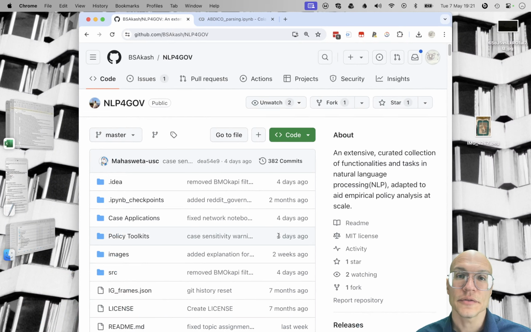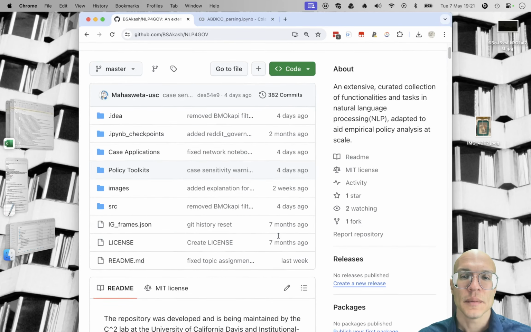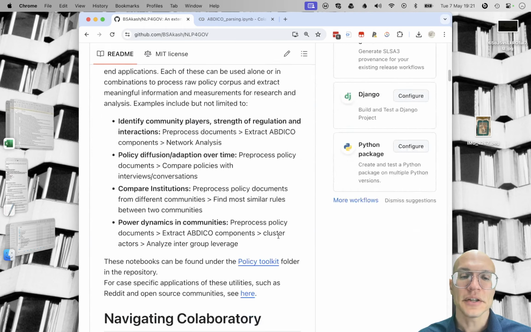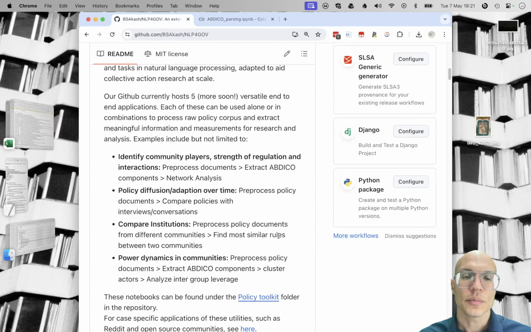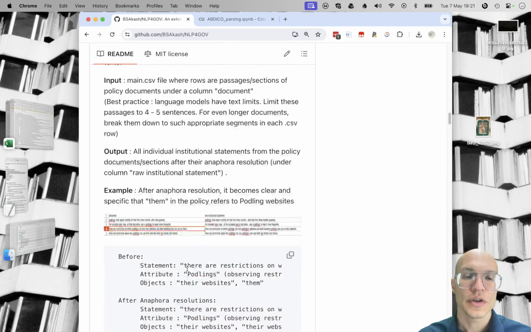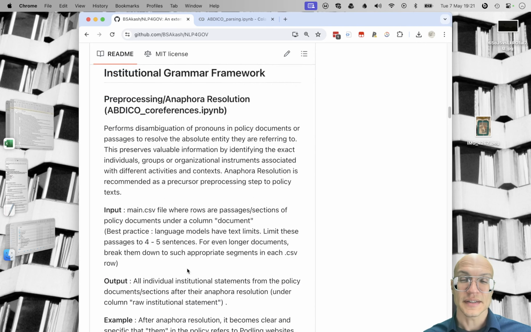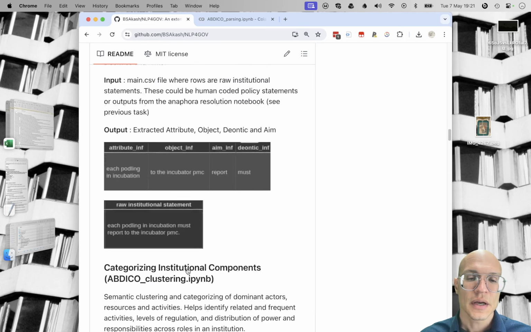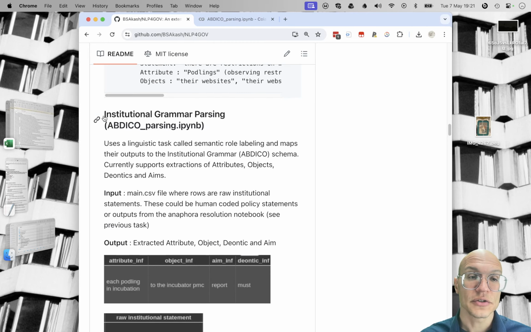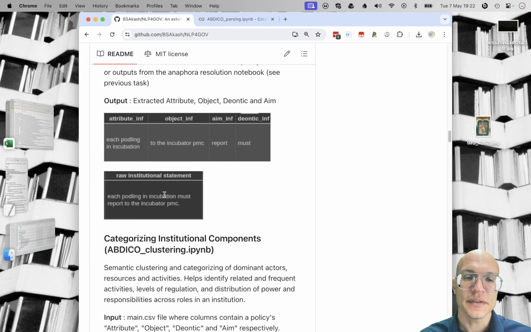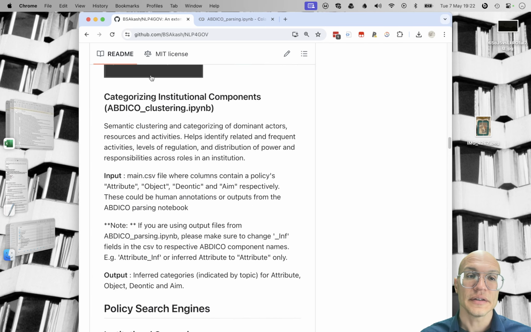Welcome back to the NLP for Gov Toolkit, where we're going to focus on computational tools we've developed for processing institutional statements that have been parsed according to our partial implementation of the institutional grammar framework. So you've run the pre-processing notebook for your institutional statements, and then you have performed an institutional grammar parsing for attributes, objects, deontics, and aims. Out of that, you got a main.csv file, and now we're going to input that file to the next notebook,